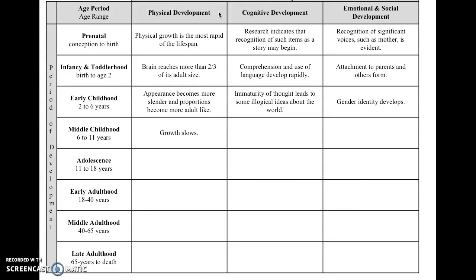Children are now growing an average of about 1 to 2 inches and gaining around 5 pounds per year. This is drastically less than the doubling, tripling, and quadrupling of weight that is common in infancy and toddlerhood. In terms of cognitive development, children begin to use operations to guide their thinking. This means that children begin to think logically but concretely. Hence, Piaget refers to this as the concrete operational stage.